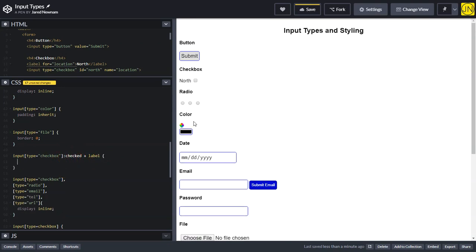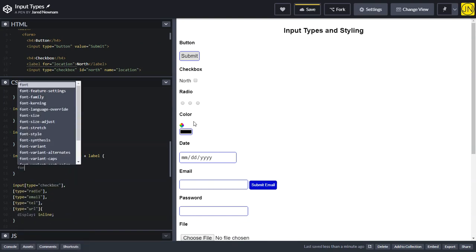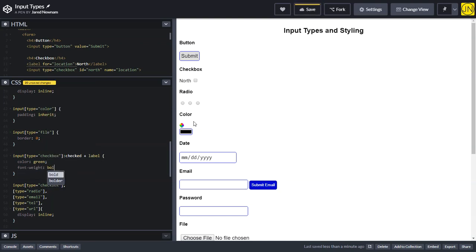So if I add a style after this, let's say color green, font weight bold. Okay, so now when I check this,